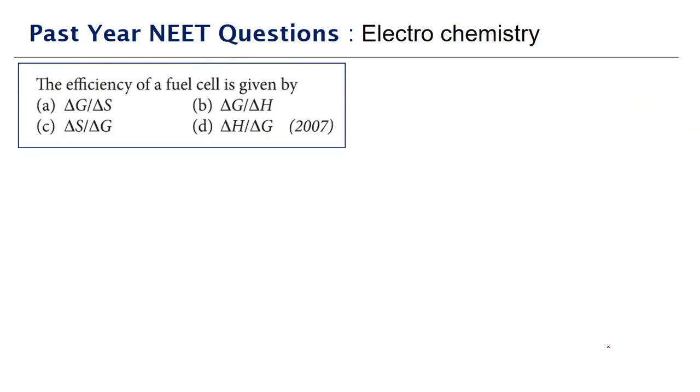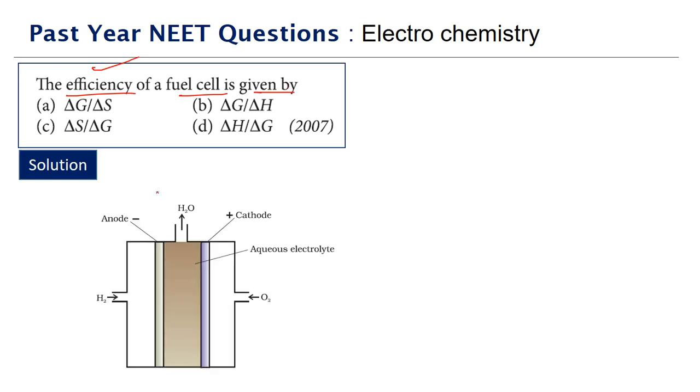So this is about the question. Next we have another theoretical question based on the fuel cell. The efficiency of a fuel cell is given by. So we need to find the efficiency of a fuel cell. Generally, a fuel cell can be used for any fuel. Like in one of the previous problems we talked about the fuel cell for pentane. And normally hydrogen fuel cells are the popular ones in terms of usage, because they are used in very specialized cases, like in spacecrafts also.